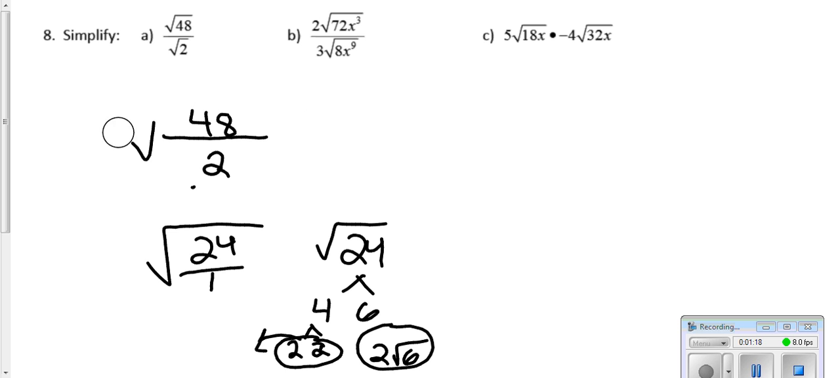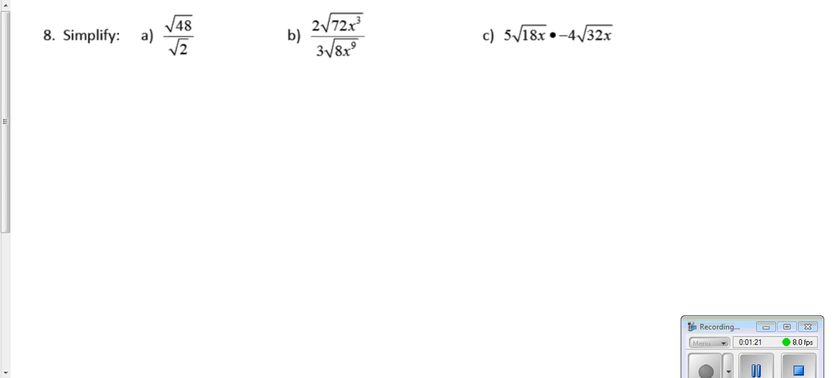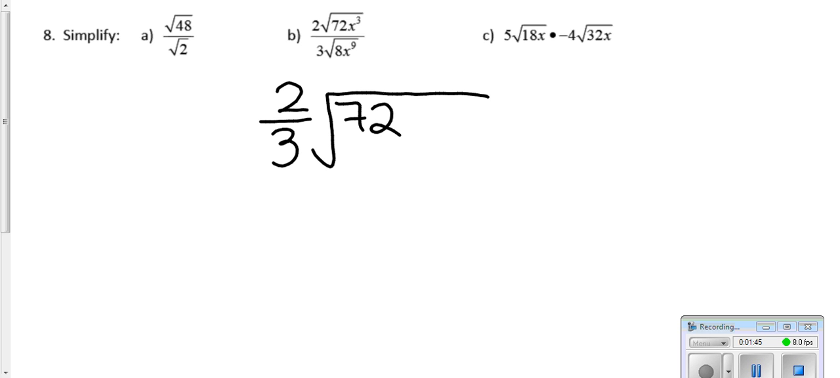So for B, we have 2 times the square root of 72x cubed divided by 3 times the square root of 8 times x to the 9. Alright, so what we're going to do is make one big fraction. And we're also applying our properties of exponents. Okay, so 72 divided by 8 is